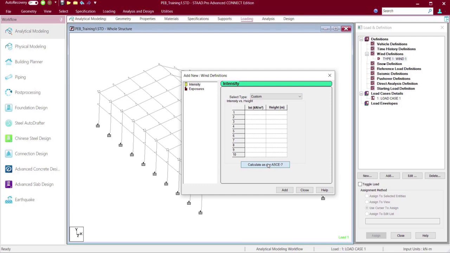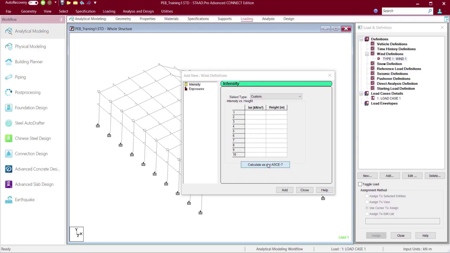Now here we are also going to do the same thing. I'm not showing you the exact calculation, how to calculate it, but you can refer to any standard code and check the complete procedure to calculate the wind intensity from the basic inputs. So what we'll do here is we will define the wind intensity values. So let's see how we can define them. So here you can see